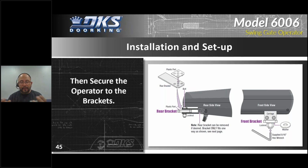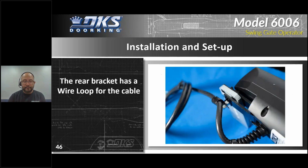So we added all these small things that kept the operator from having that play, which in the long run helps with the motor and the gearing, keeping them from wearing out so quickly. So once you have this operator mounted and everything is tight, you're not going to have any play in that operator. So if I can interject a little bit, Jimmy,